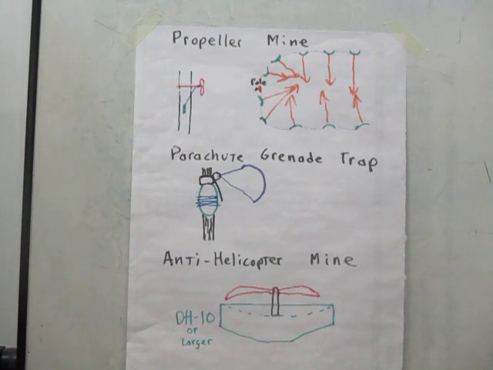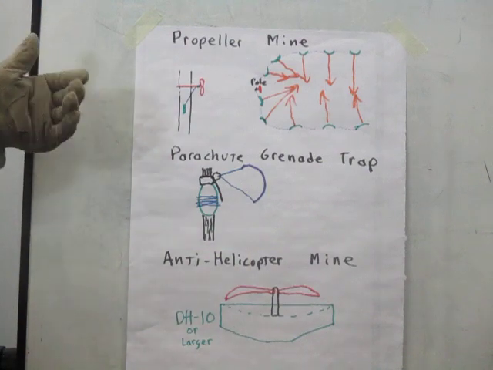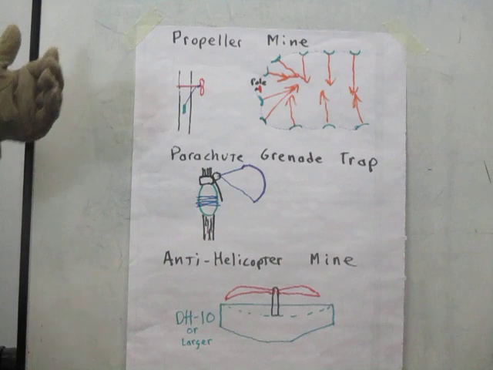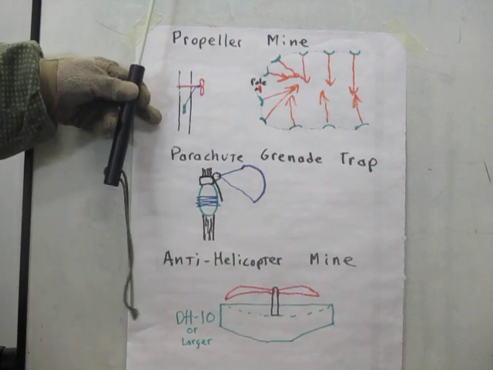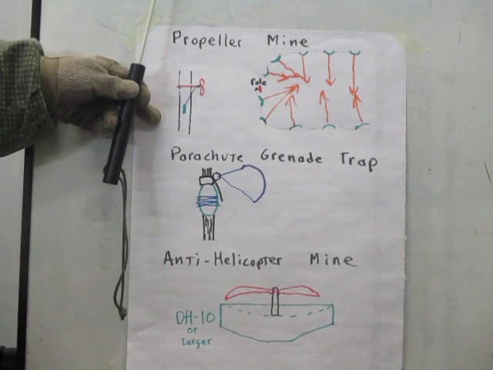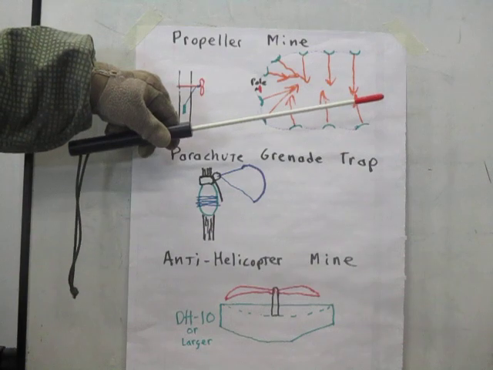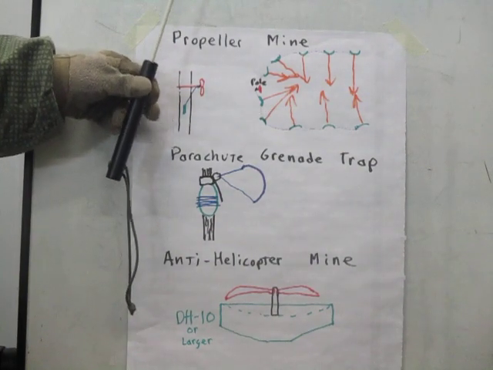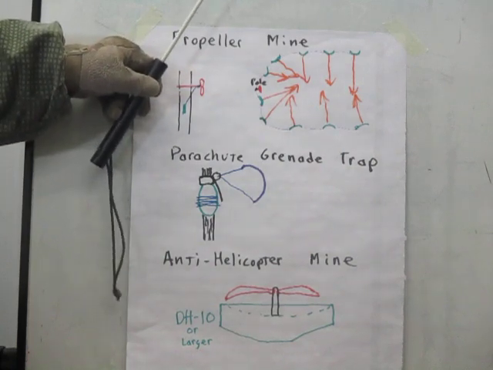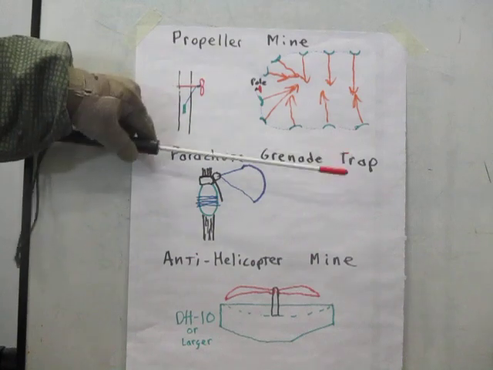Now, along that tripwire, they would dig a hole, kind of shallow, and they would put a longer pole over the top of it. That pole would be loose in the hole. When the American helicopters would come in, it would either hit that pole, knocking it over on top of that tripwire, or the blast from the rotors would hit that pole, which was already leaning over the top of the tripwire. It would give it enough of a push, it would fall down,